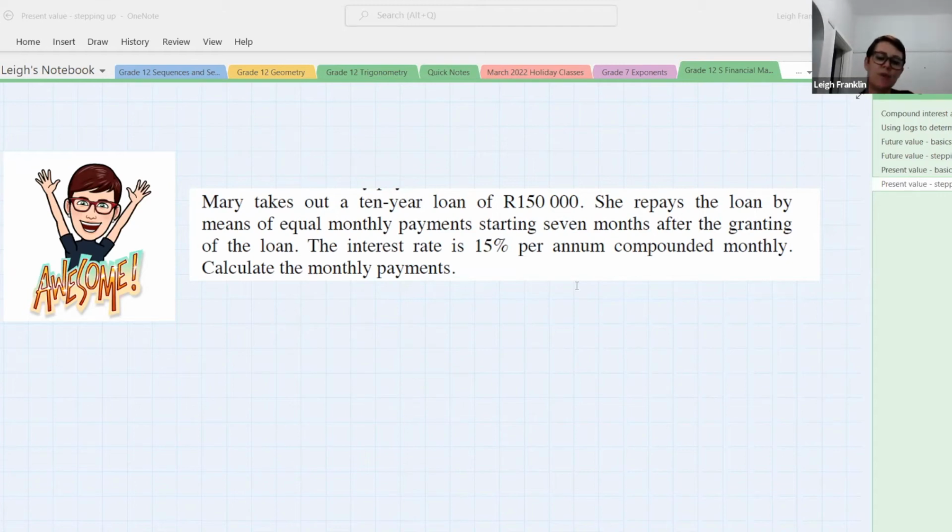But just think about what you guys are saying. She takes out a 10-year loan. She repays the loan by means of equal monthly payments starting 7 months after the granting of the loan. So that means her loan is granted, and for the first 7 months, she does absolutely nothing. Then she makes her first payment. So she's still going to have to repay it over a period of 10 years. She just doesn't start making payments straight away. So in other words, in this particular question, what they are trying to imply to us is that Mary